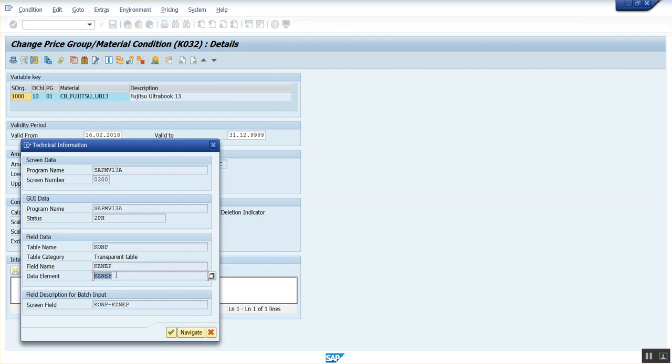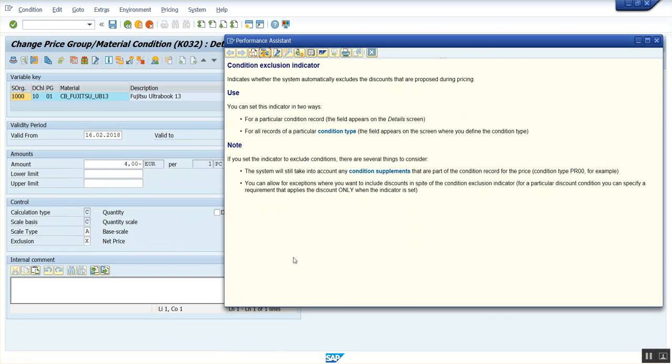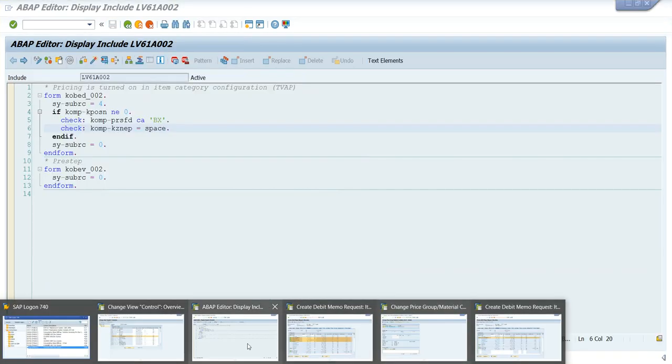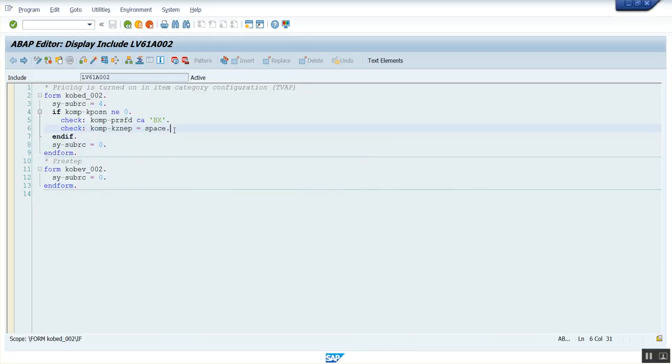KZNEP, the field name. So at this moment it sets that KZNEP field to X. It sets the value to X. So eventually,